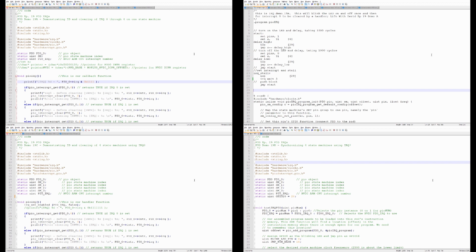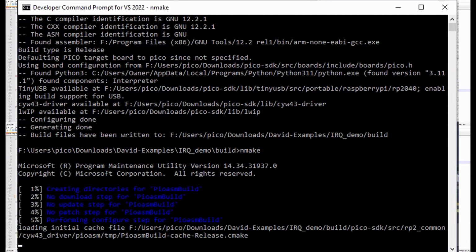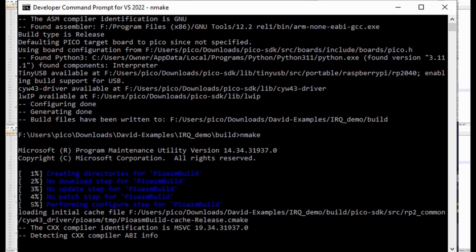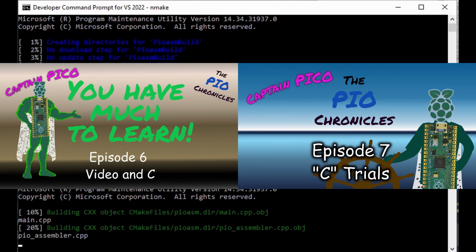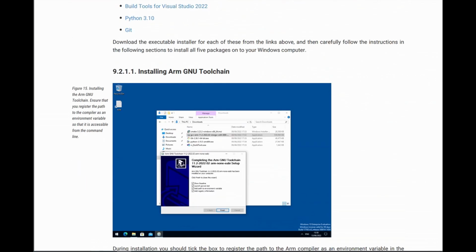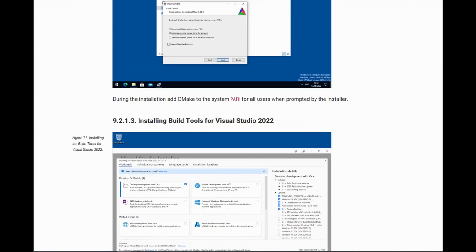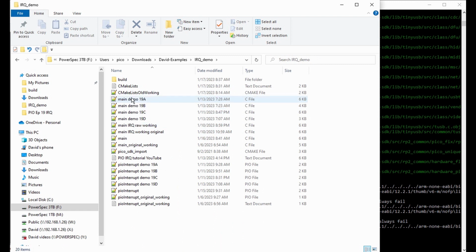Before I get started with the C, C++ programs, a couple viewers asked if I would cover the CMake process in just a little more detail. I'll do a quick review here. For more details, please see these videos. I'm using a Windows machine. After I install the toolchain as detailed in section 9.2 of Getting Started with Raspberry Pi Pico, I set up a file structure where I have all the programs I'm going to use for a given episode in one folder, and then add